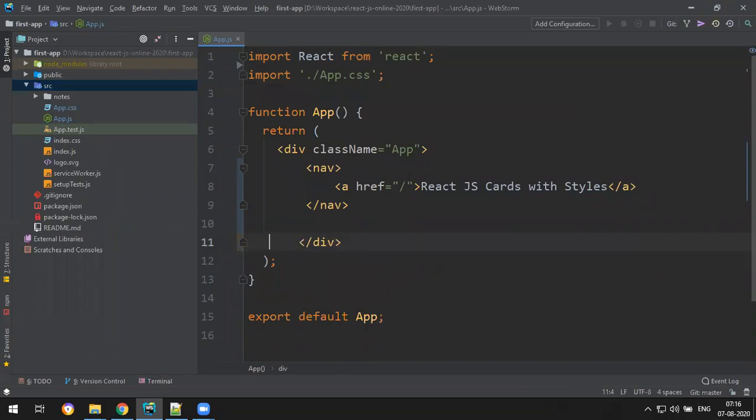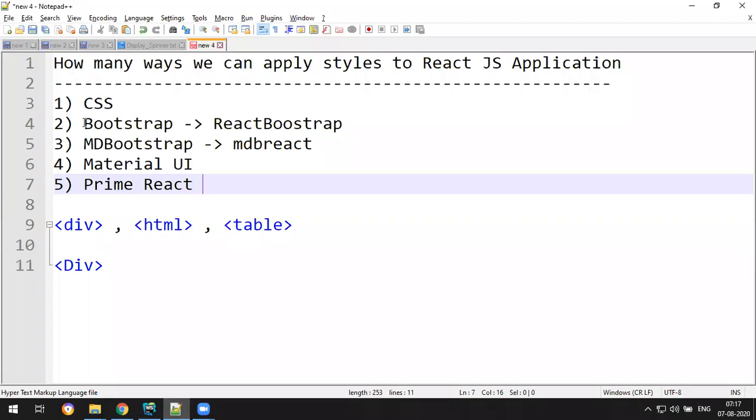So we all know the application structure. Simple, we have to divide the whole application into components, and we can just focus on one component and fully develop that component. We can develop the components in two ways, functional and class. So first of all, how to connect Bootstrap and MD Bootstrap.